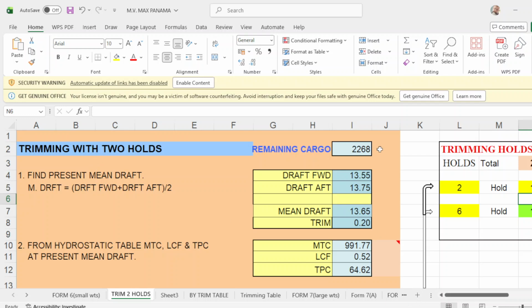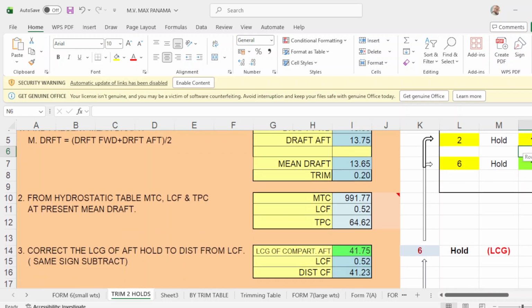Take note that you have already here the remaining cargo to load of 2,268. This is your initial drop of forward and up. This is your main drop, this is your trim, and this is your MTC, LCF, and TPC, which can be used for this computation. Then your loading holds are hold number 2 and hold number 6.